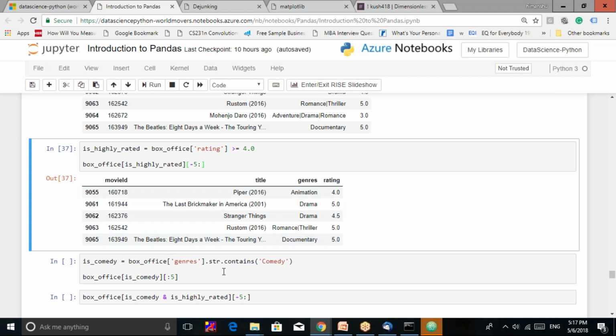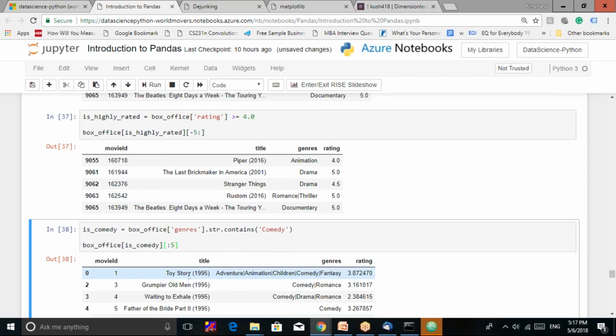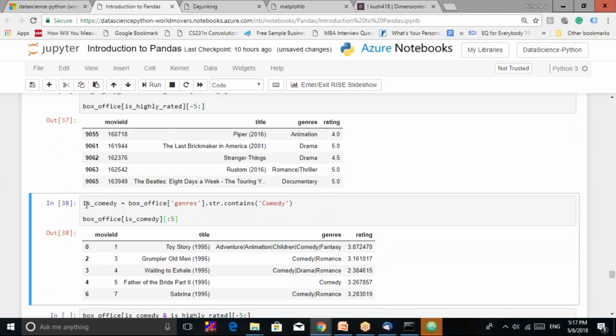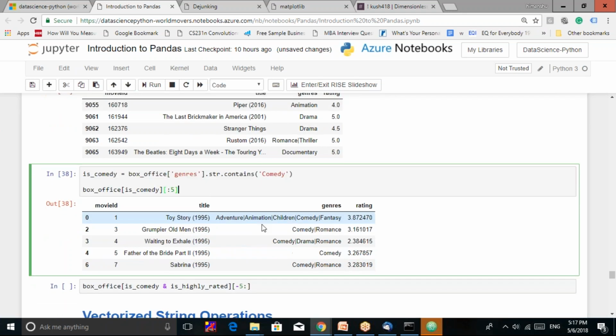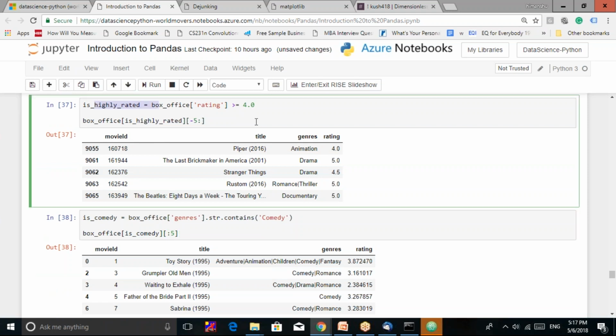So again, box office genre string dot contains comedy. So I have created a logical vector is comedy. And after this, I want only those movies which have a rating of more than 4. तो ये भी करो, इस हाईली रेटेड भी यूज कर सकते हो वहां पे।